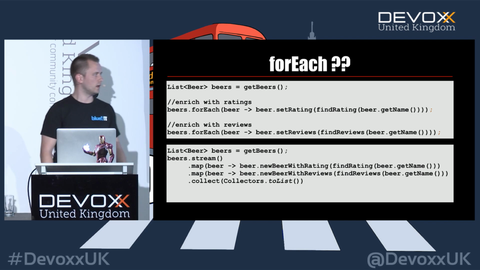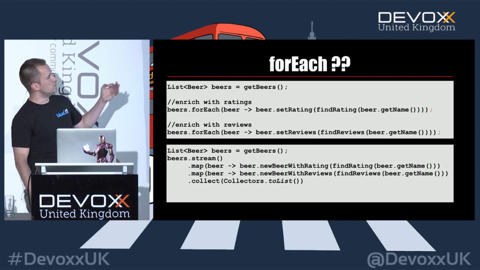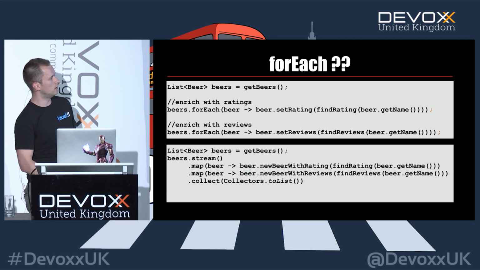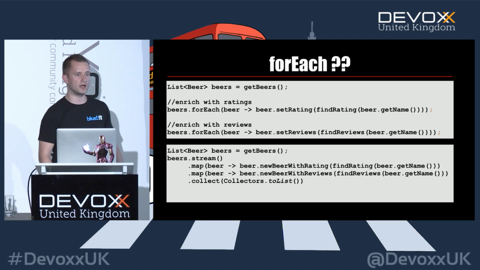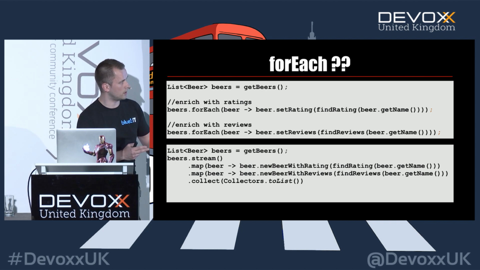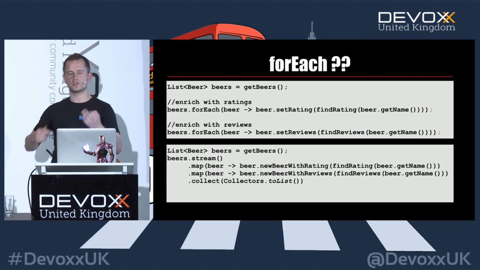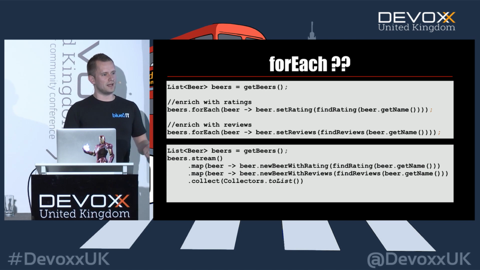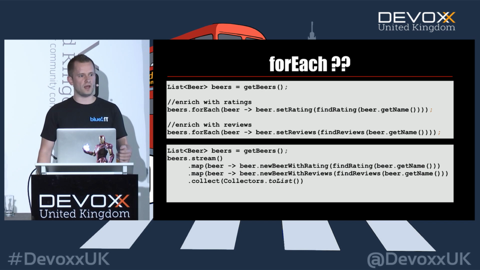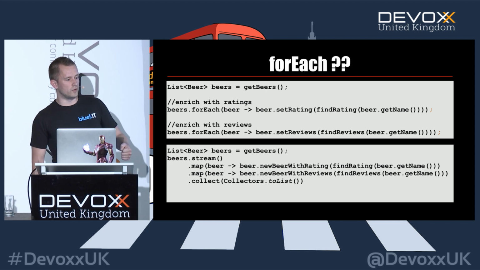What you could do, if you want to use streams and you want to use the declarative way of programming in that way, is make sure that your beer is immutable, and that you actually create a new beer with these ratings, and you create a new beer with these reviews, and now you can use the stream.map and a collector, and you have a new list of immutable versions of that beer with ratings and with reviews. But that's a whole different style of thinking. And you should test if that is applicable to you, because if you have a very time or resource-sensitive program, you are creating new objects.